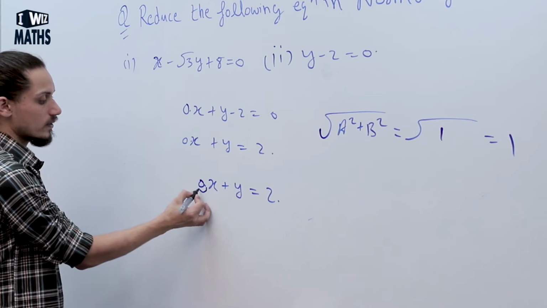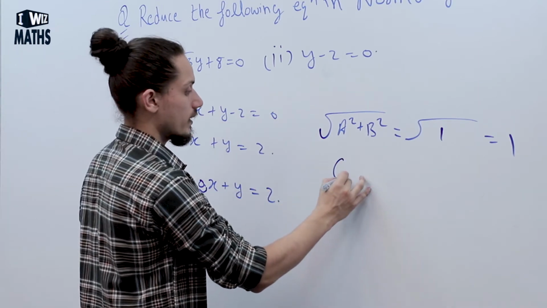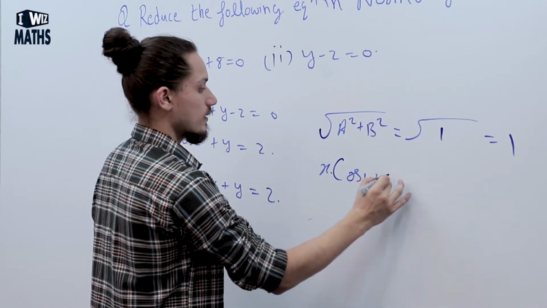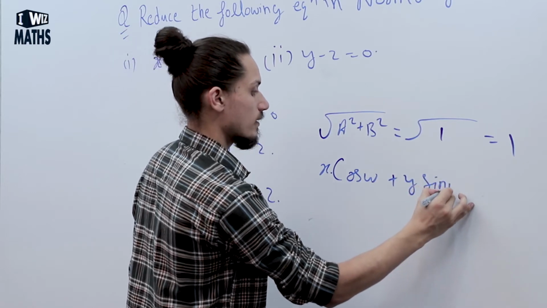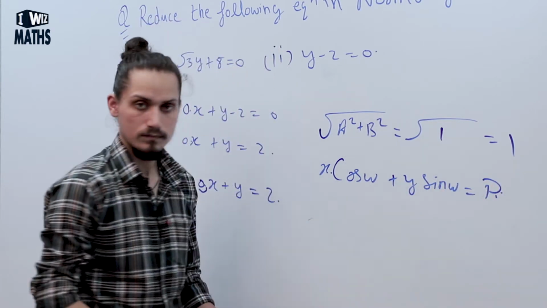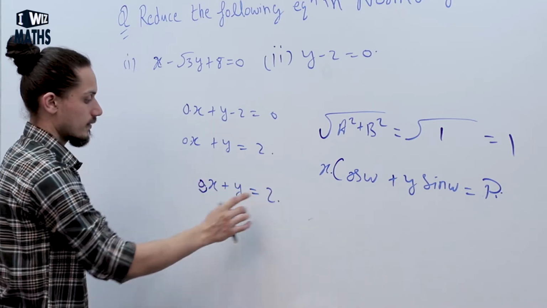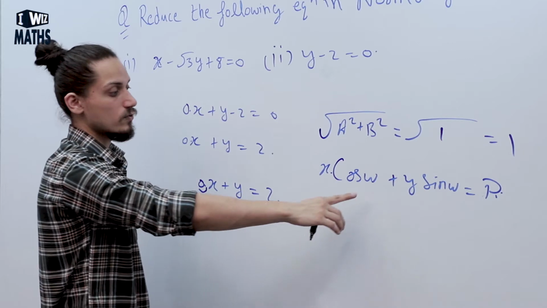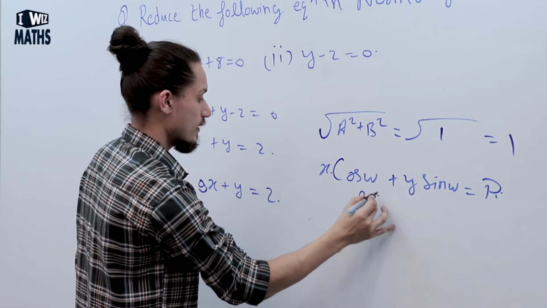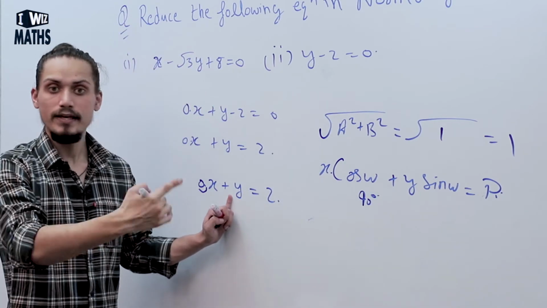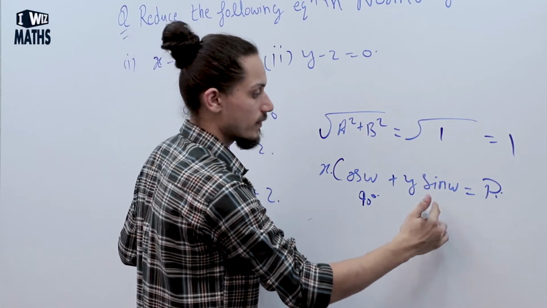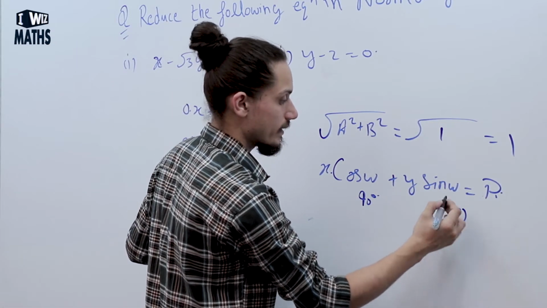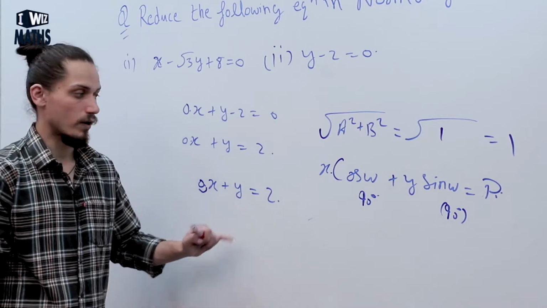अब x के साथ क्या होता है cos ω, नॉर्मल फॉर्म क्या होती है: cos ω इंटू x प्लस y इंटू sin ω इज इक्वल टू p की फॉर्म में। कूल। अब cos ω यहाँ पे जीरो कब आएगा, ω की कौन सी वैल्यू पे यहाँ पे जीरो आना चाहिए। cos की वैल्यू जीरो कब होती है, 90 डिग्रीज पे। सेकेंड यहाँ पे वन, sin की किस वैल्यू पे यहाँ पे वन आएगा। नाउ ω की वैल्यू 90 डिग्री हो तो sin 90 डिग्री कितना होता है, 1।